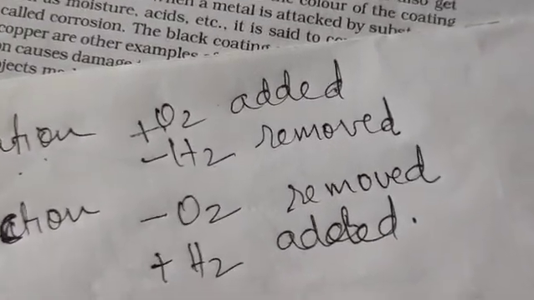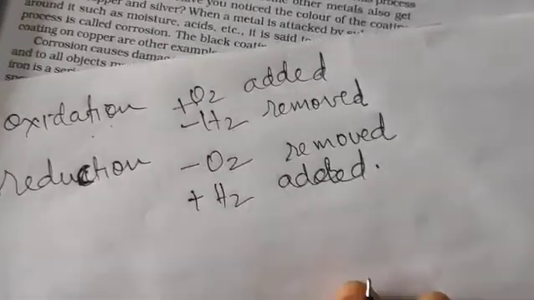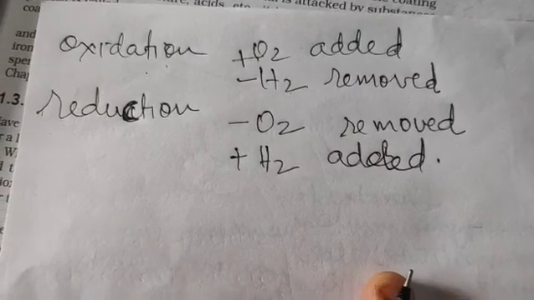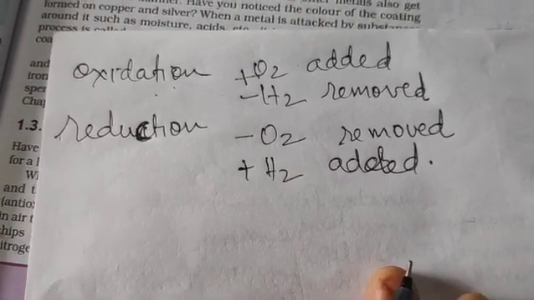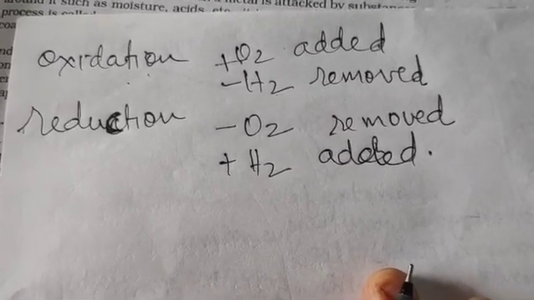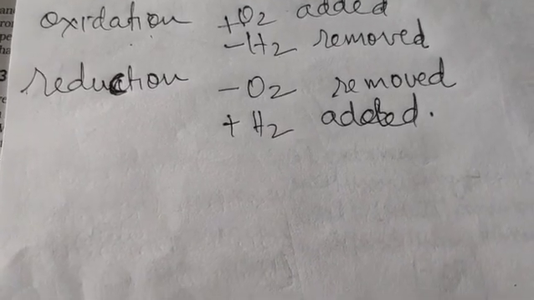There is a third way of defining it, that is based on the oxidation number. Now that part is not given in your syllabus, so we will not touch it because that might be slightly confusing to you, because in the equation you have to check whether the oxidation number increases or decreases. Accordingly you define oxidation and reduction. For your syllabus you are having this definition given to you.